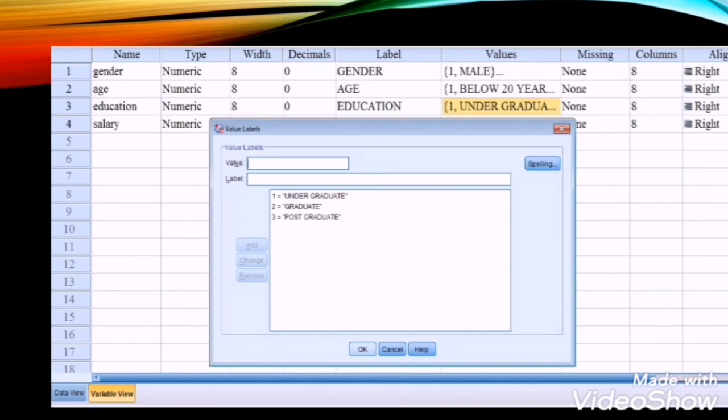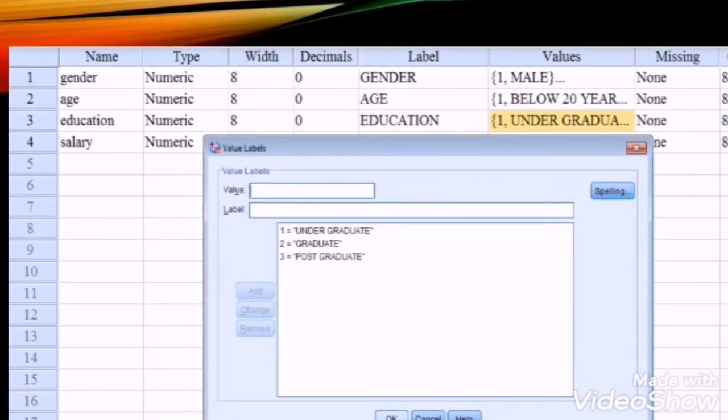The third variable we are going to create is education, and this is also numeric because we have used coding. Education is classified into 3 categories. Undergraduate is assigned 1, graduate is assigned 2, and postgraduate is assigned 3. And therefore the type of this variable is numeric, and the width and decimals you can have as the default or you can change it.